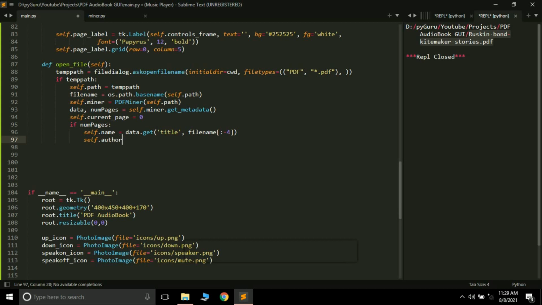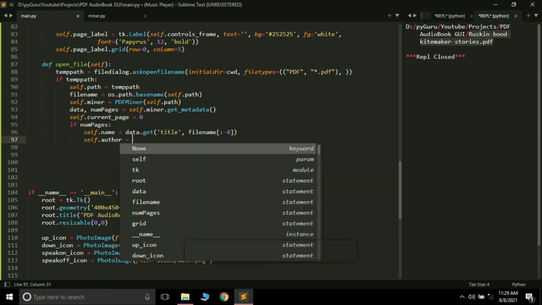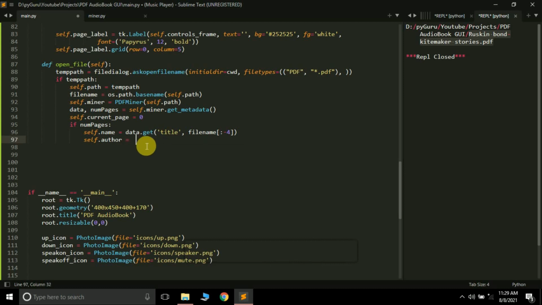If we use the indexing method like data and then inside brackets pass title, if there's no title we will get an error, but with get, if there's nothing we will simply get the file name, which is Ruskin Bond kite maker stories. We have removed the last 4 characters, so we will not get .pdf but only this file name. If there's no title it returns only this, if there's a title it returns that.